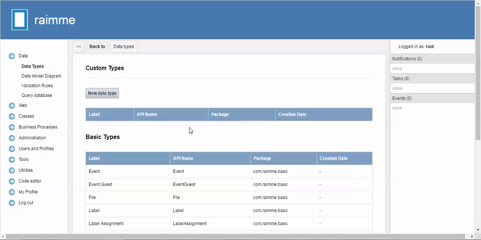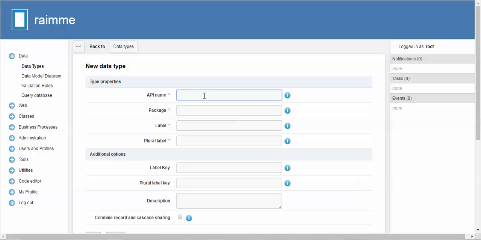So in our app we want to store information about customers, about their first name, last name, birth date, some personal information, perhaps some projects that we do for these customers, perhaps also some invoices or order history. So we will start off by adding the customer object to our system. To do this, we click New Data Type,